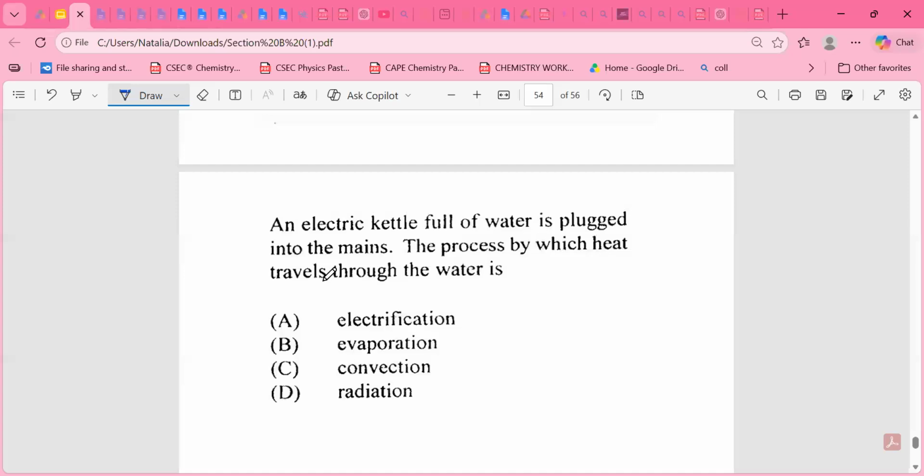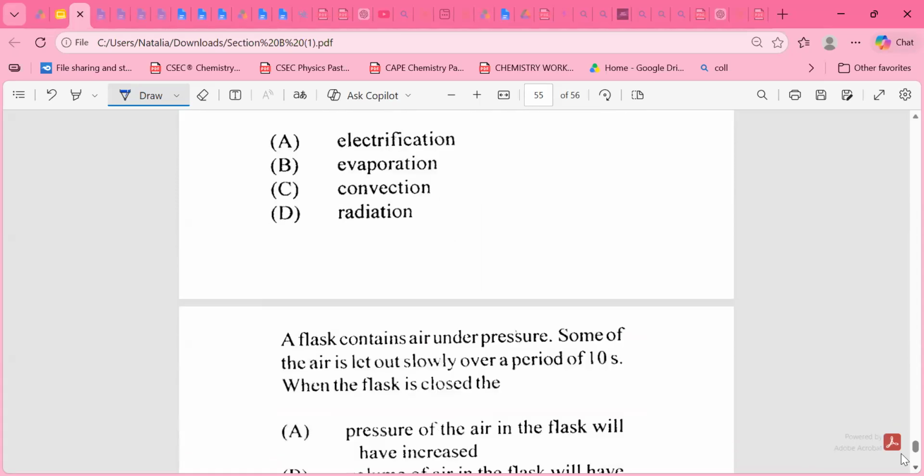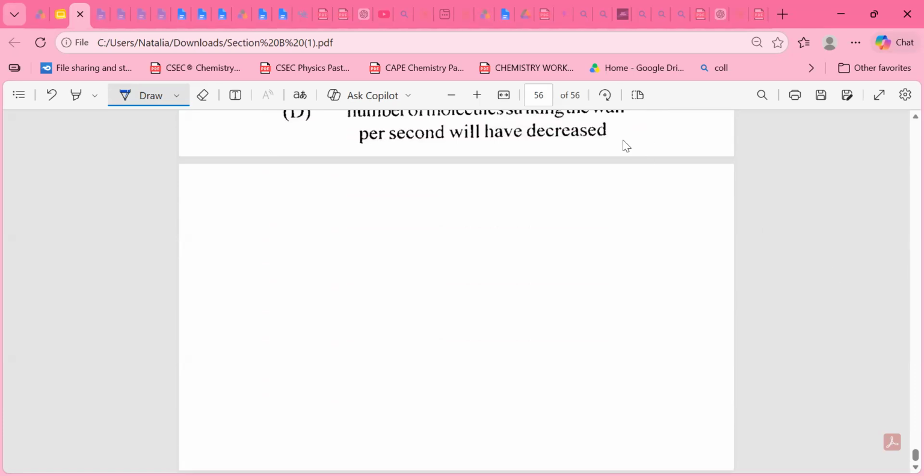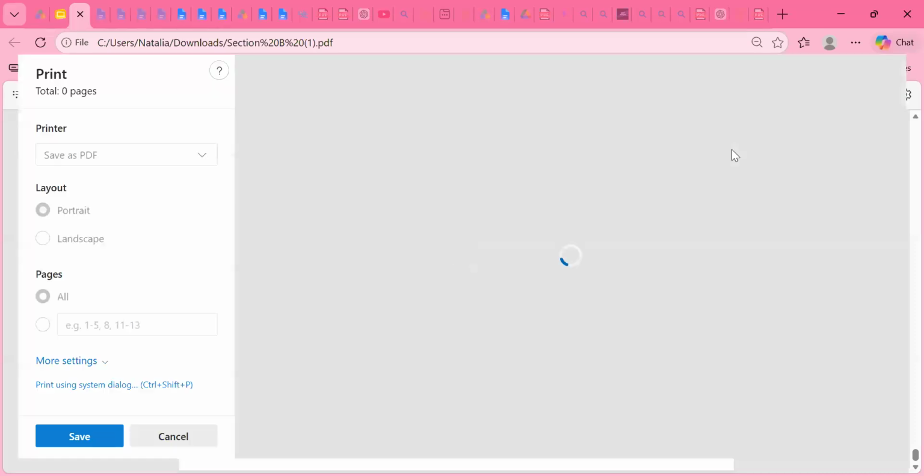The process by which heat travels through the water is, we did that already, convection. So those are some heat questions. We'll take a break and then we'll answer the wave questions. So again,